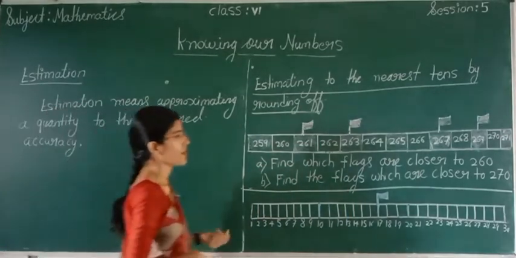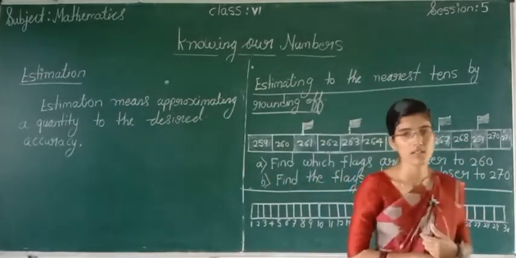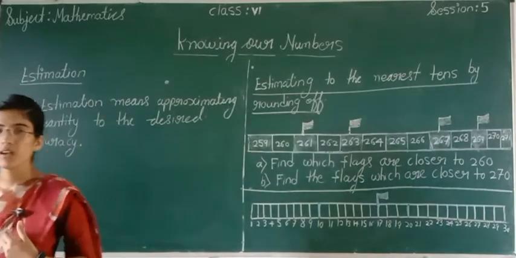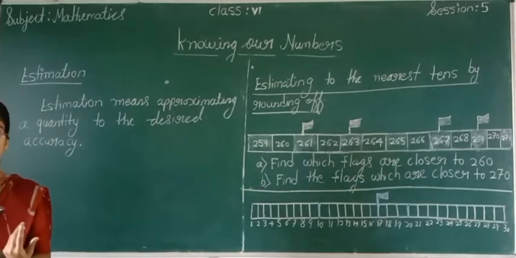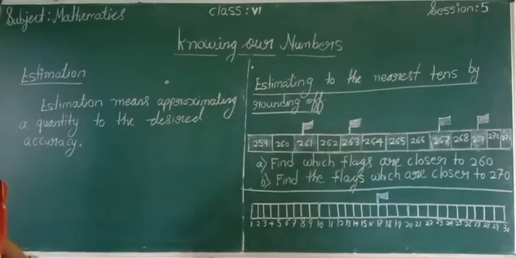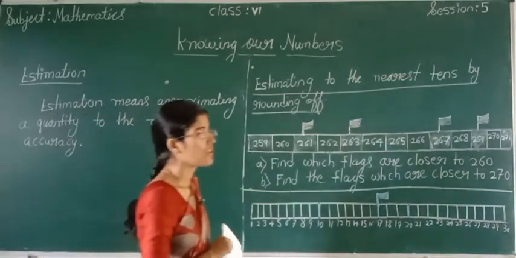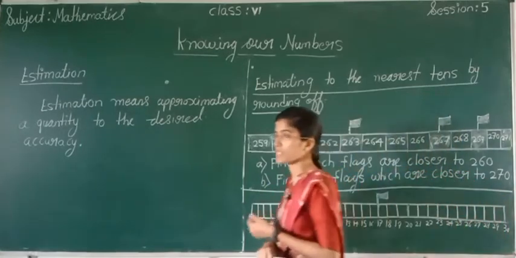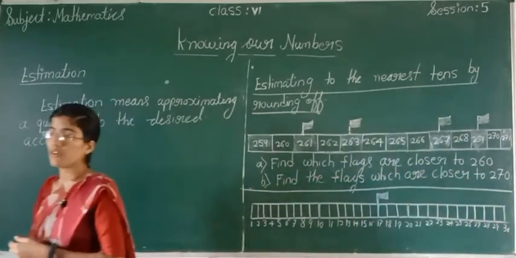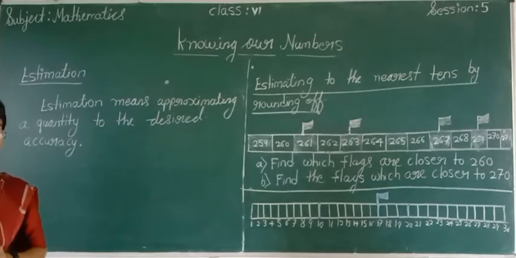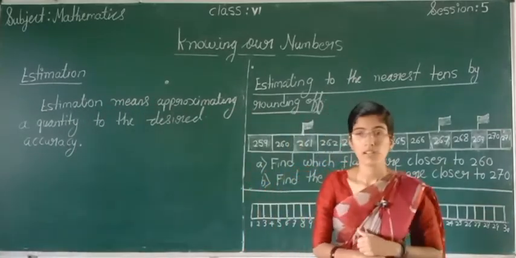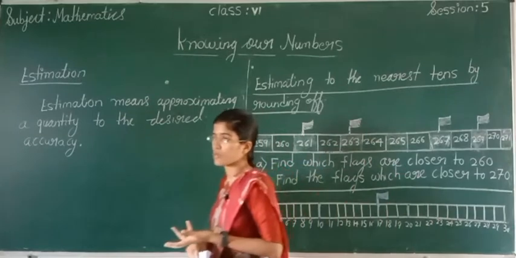Suppose you have organized a big party. Okay. So in that party, so many members will come. Yes or no? So many members will come because you are organized in a very big manner. Next day, if I ask you how many members were present in that party, will you tell exactly how many members came? No, it is not possible. Yes or no? How many members came exactly, how you can tell? It is not possible.